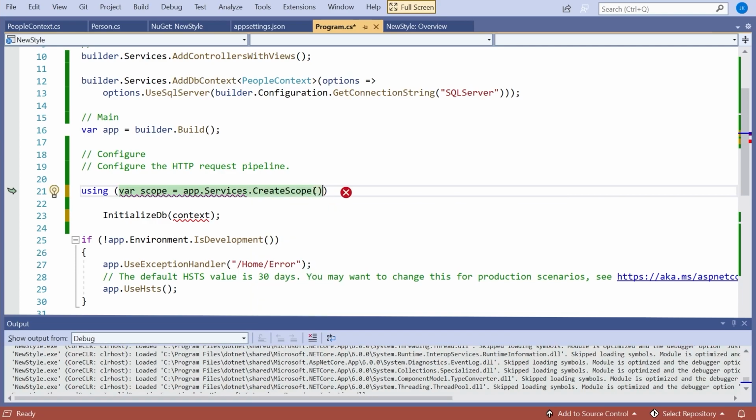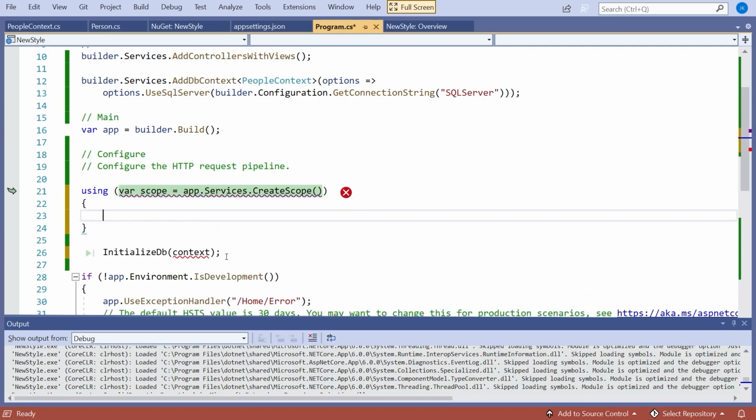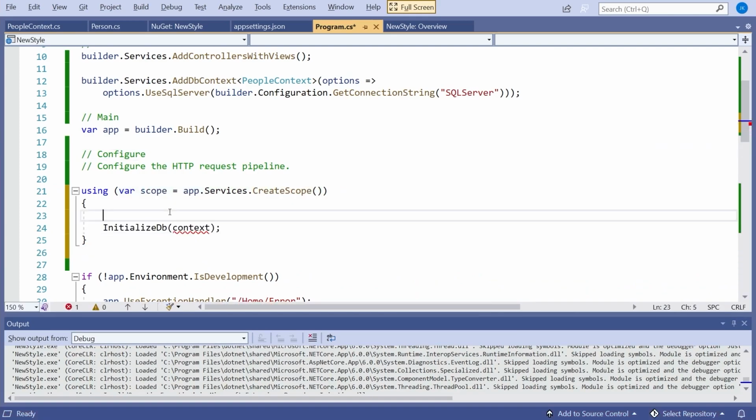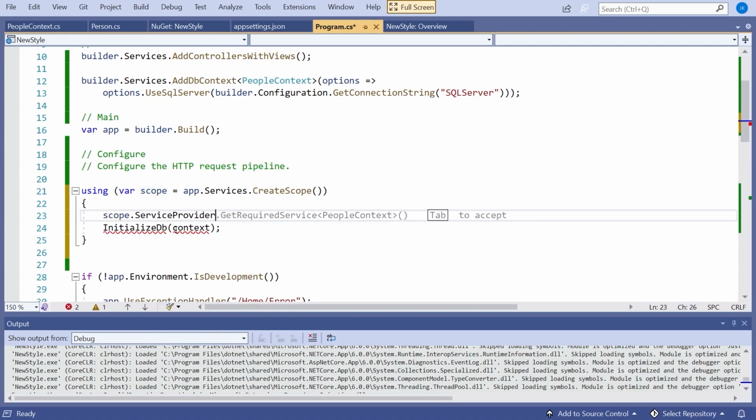So that will manually create the scope that this is going to go into. And then let's have our using block. And then on the scope, we can say .ServiceProvider.GetRequiredService, all of that. And so that gives us our context that we can pass in and do the initial setup.